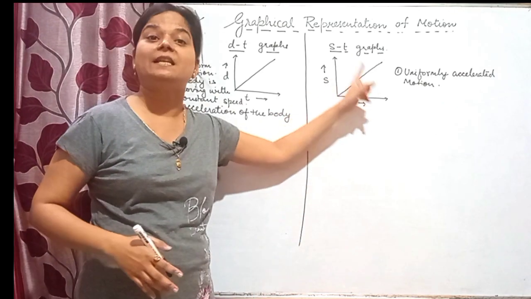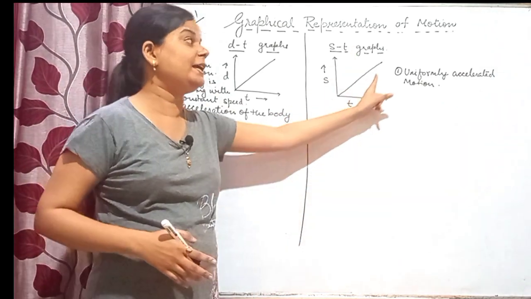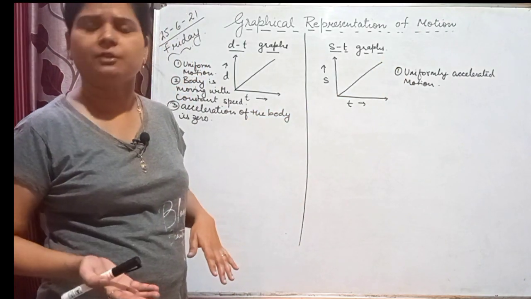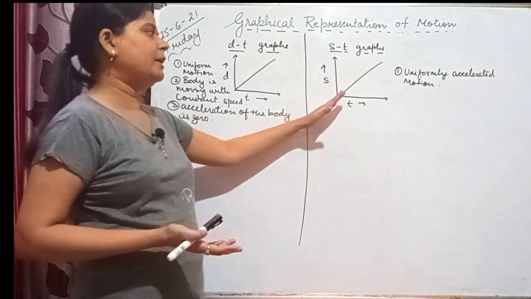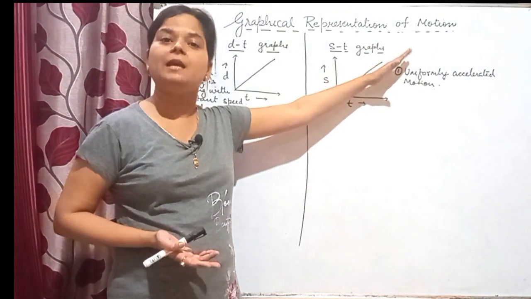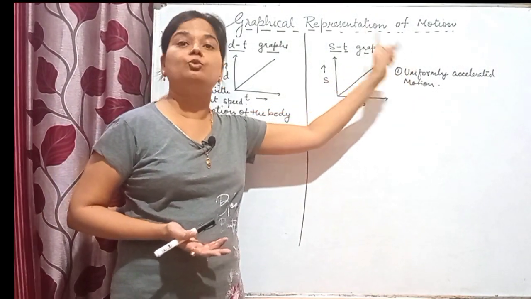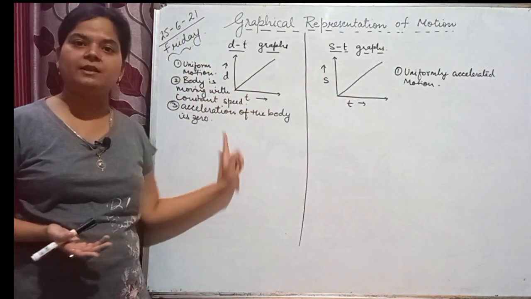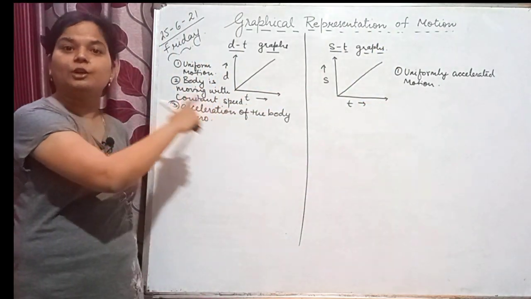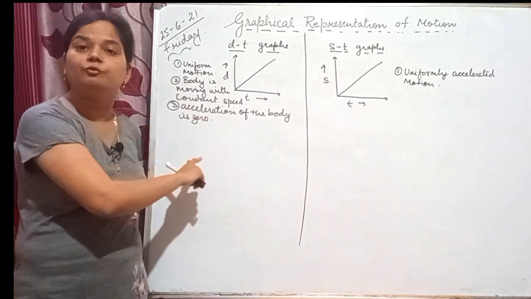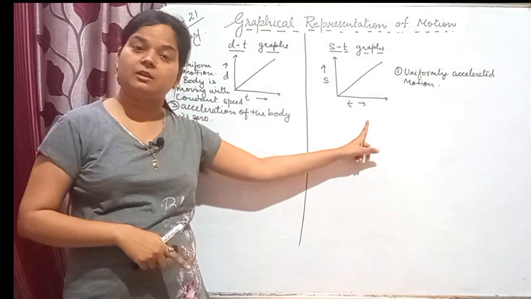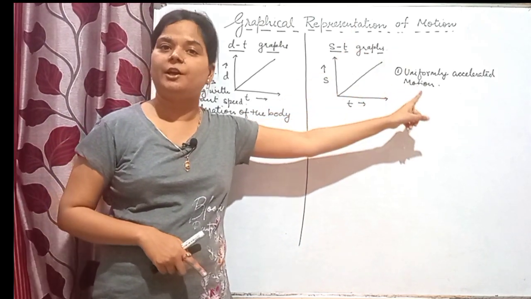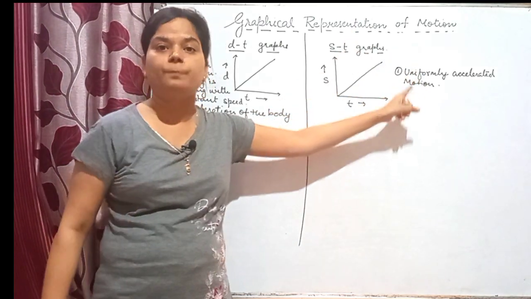That is, the motion is accelerated because the speed is increasing. If the speed is changing, either increasing or decreasing, then also the motion is accelerated, but here the speed is increasing uniformly, so we will say that it is uniformly accelerated motion. Here now you can see the difference. In the distance time graph the speed was constant, it was not changing, and the acceleration of the body was 0, but in the similar looking speed time graph, the motion is accelerated motion. Here the acceleration is not 0.